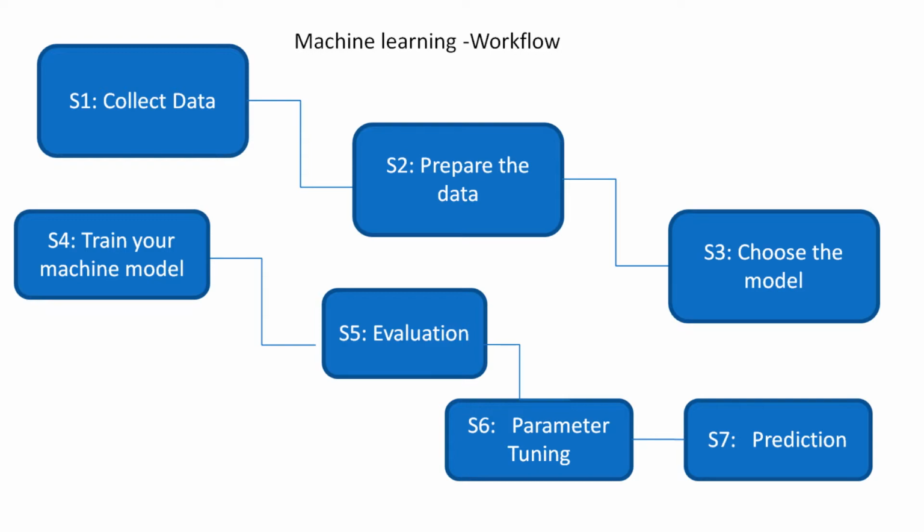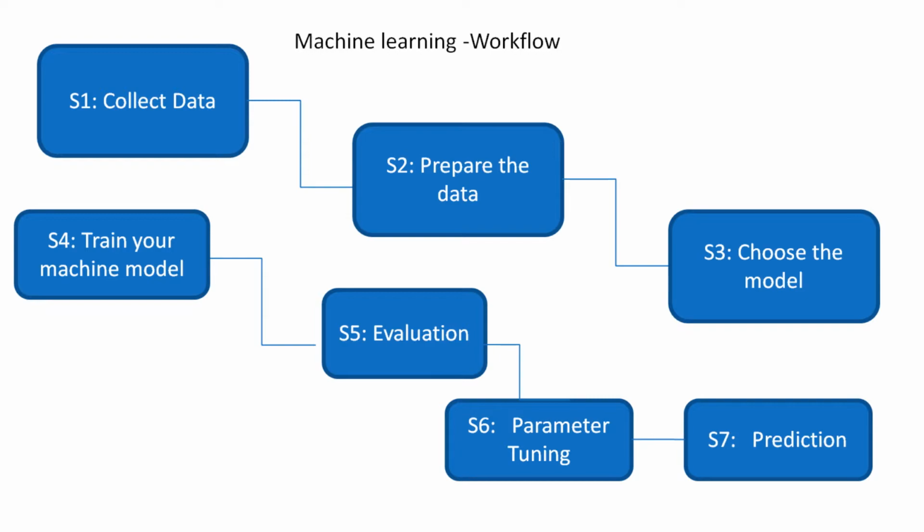And the fourth step is training your model. Now you have the cleaned dataset. You have to feed your data to the model for training. The fifth step is evaluation. After your model has been trained, you have to check whether your model is performing well or not. For that, you have to use some evaluation metrics. There are a lot of evaluation metrics, but this is not a video to explain every evaluation metric. This video is for AutoML only. Definitely I will explain the evaluation metrics in another video.